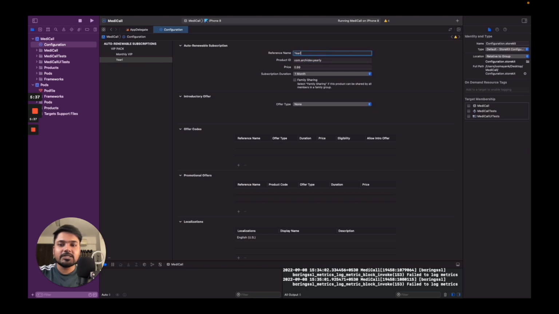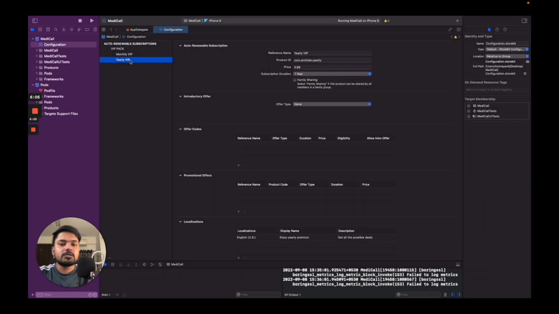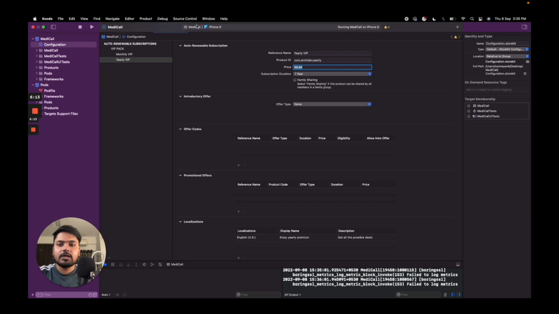That needs to be the same as we created on Adapty. Now we'll write yearly VIP, just select the right period for it, add the metadata for it. Okay, enjoy yearly premium, and then you write get all the best possible deals. Done. One more thing which is required, the price of the plan. I think we forgot. Okay, yeah, so we'll just correct this to $99.99